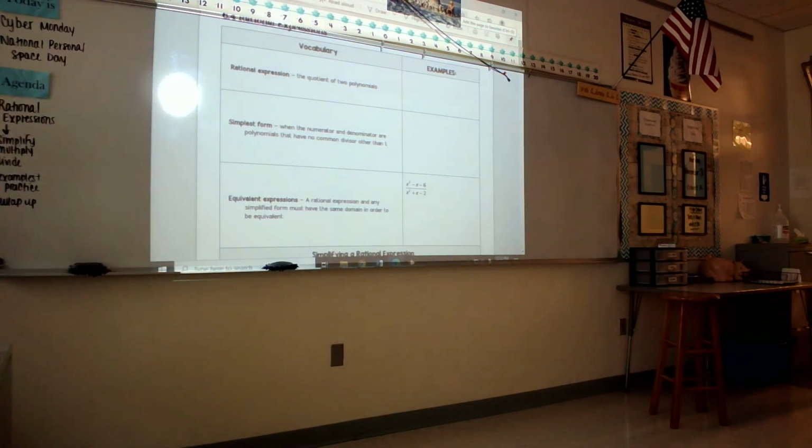There's just some quick vocab, because these are words that I say a lot, and I want to make sure that you know what I'm talking about when I say them. When we talk about anything that's rational, you went over this back in the day. I do this with my freshmen in Algebra 1. Anything that's rational means it can be written as a fraction. So rational numbers are just numbers that are fractions. When we talk about rational expressions, it just means the quotient, or you're dividing, or you have a fraction,